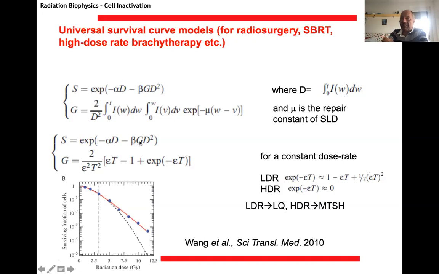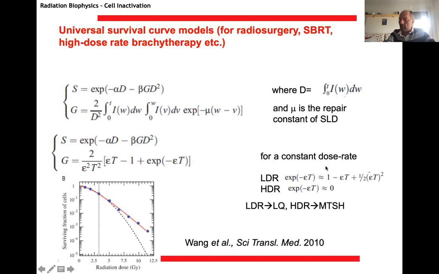This is not beta d square, but there is a factor g that takes into account, you see here, this is a time-dependent factor, so that takes into account the probability of interaction of the lesions as a function of the time. So if you do that, I mean, if it's sophisticated, I'm not going into the detail of this model, but you see,